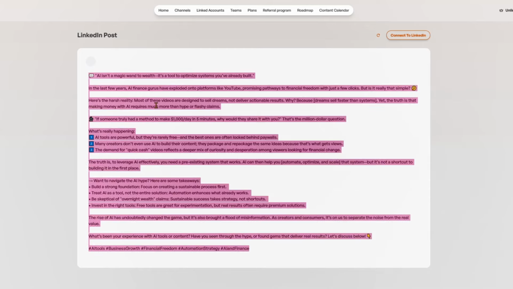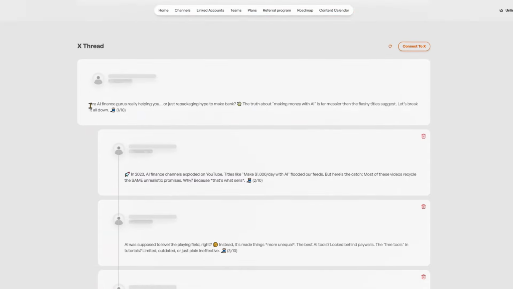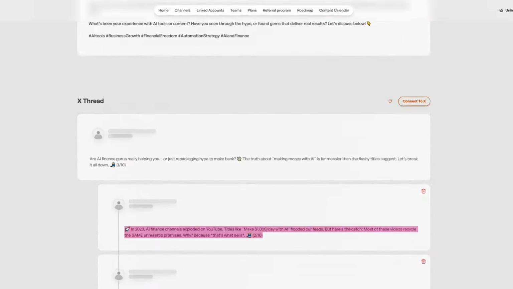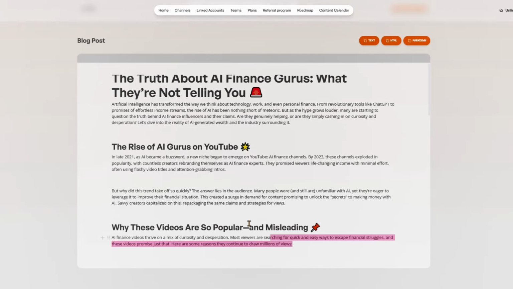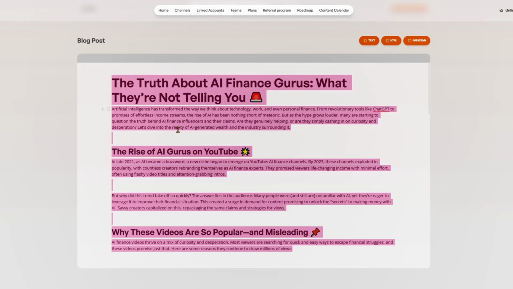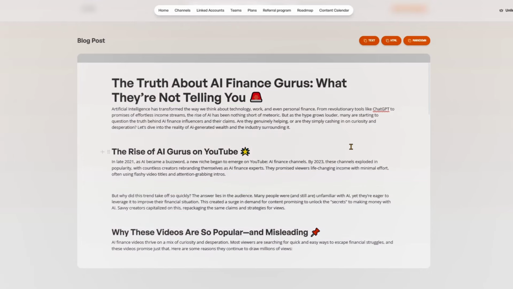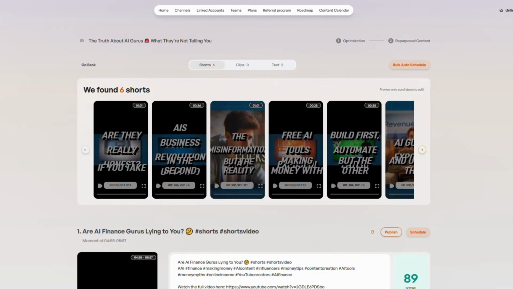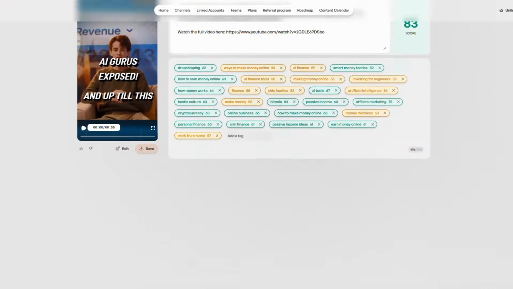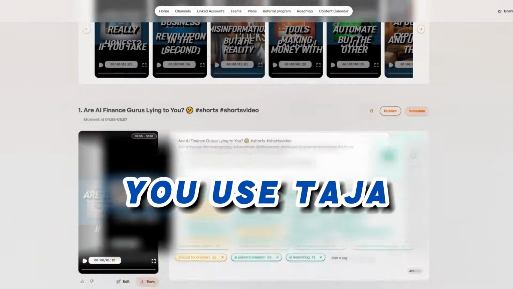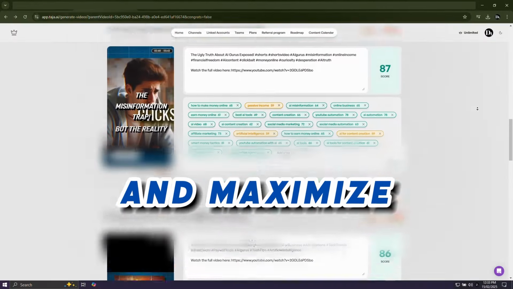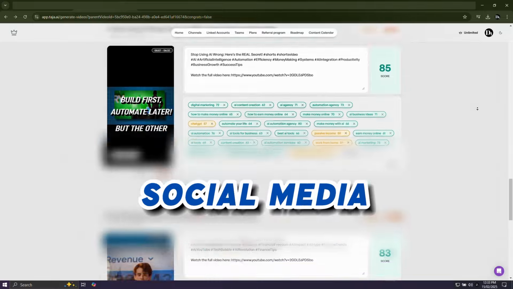This isn't just a random passage, it's exactly what's contained in the YouTube video. The AI has also generated a thread for X. Now, I'm going to check out the blog post. As you can see, it's a short, relevant passage that condenses the information from the video. You can see how easy it is to use Taja AI to create multiple content for multiple platforms just from a single video content. That's how you use Taja AI to optimize and maximize your content across multiple social media